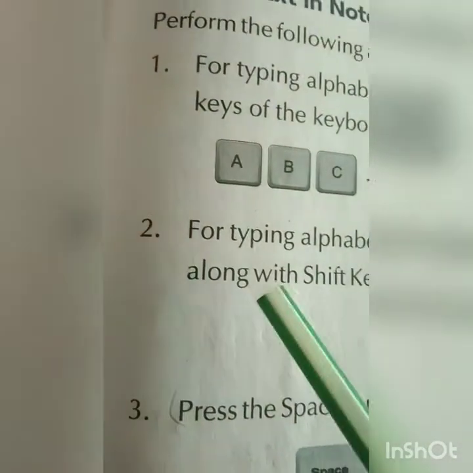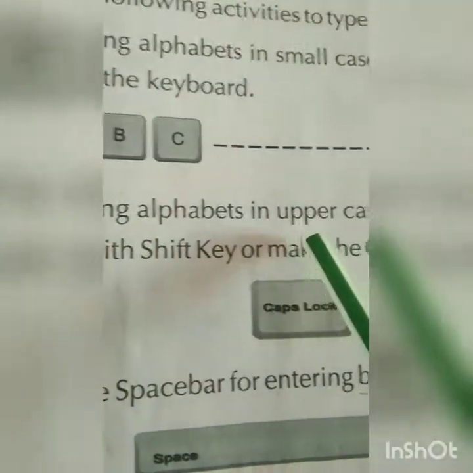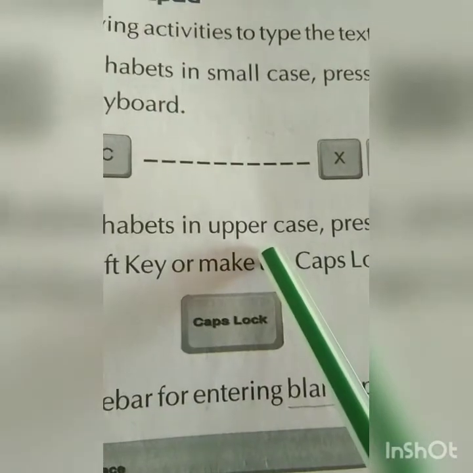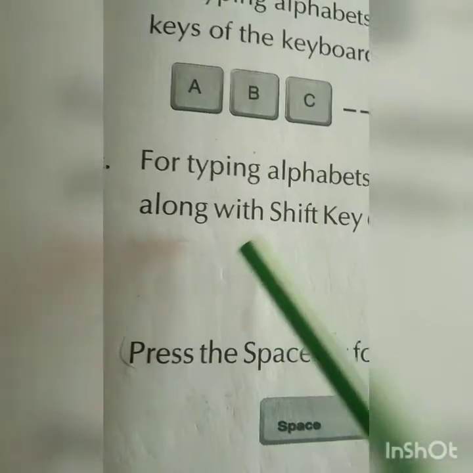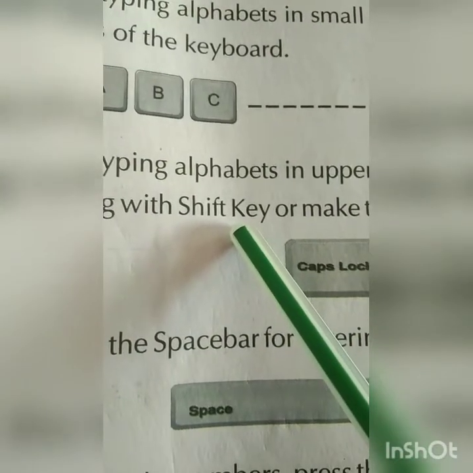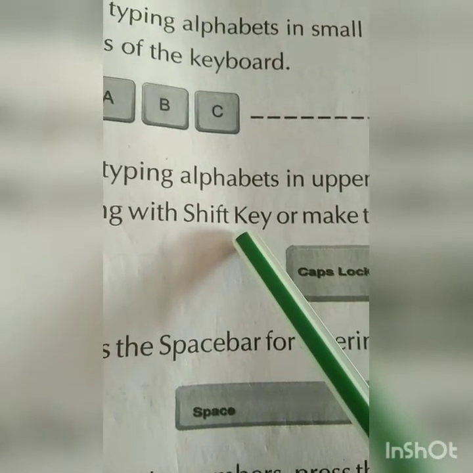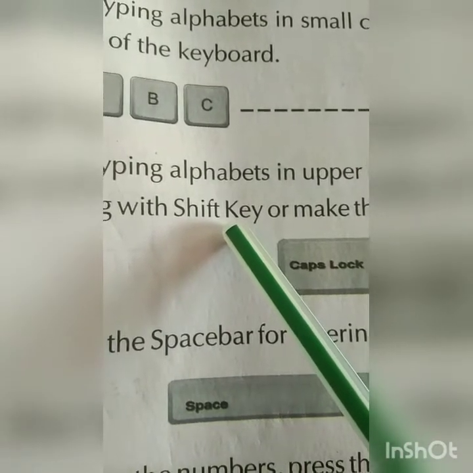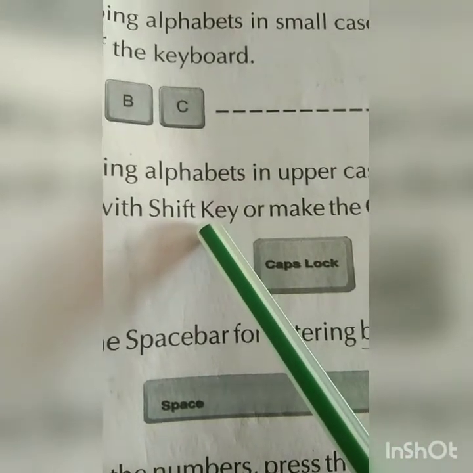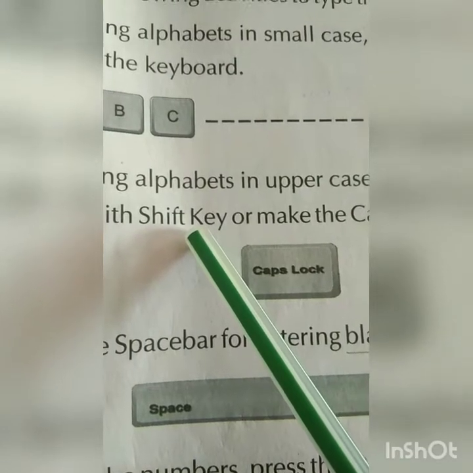And then number 2, for typing alphabet in uppercase, that is in the capital letter, press alphabet keys along with shift key. Shift key and alphabet key, any key you want to type, for example capital A, then shift key and A you have to press, then only you will be able to write in capital letter.